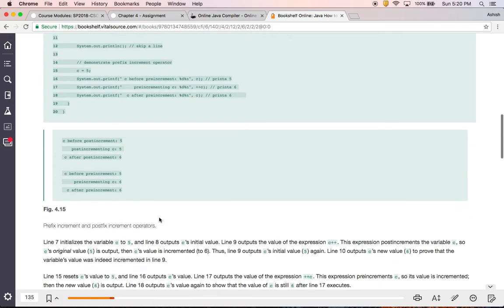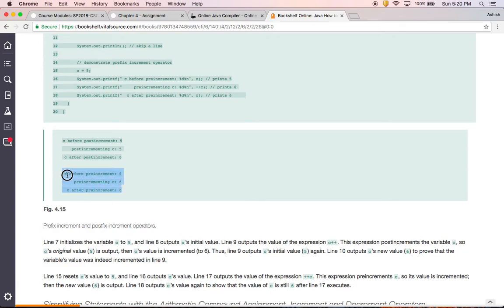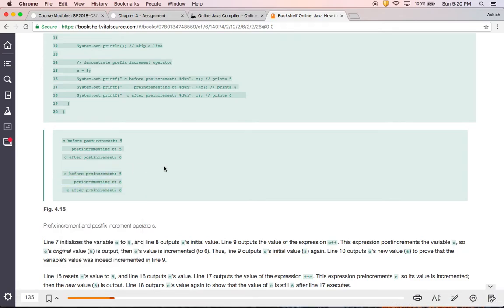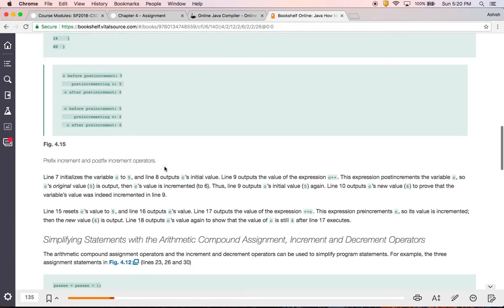So these are the outputs that will come from post-incrementing, my apologies, and pre-incrementing. Okay, by utilizing the plus plus sign in front of the variable name, or plus plus minus minus sign, whichever the situation demands, after the name of the variable. Okay,